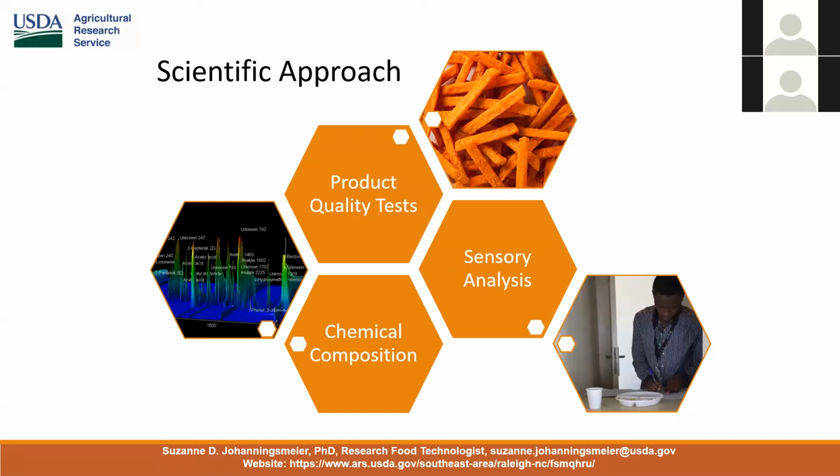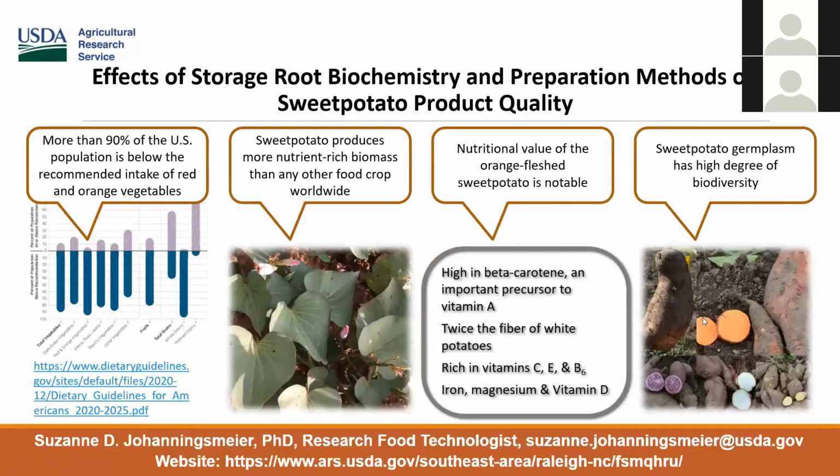Among the commodities that I've worked on, primarily pickled vegetables. More recently, I've worked on several projects related to sweet potato, and that's how I came to know this RTB Foods group. It's been a great interaction, and I'm happy to continue working together with this group. Of particular interest is the sweet potato among those commodities. And for us in the US, one of the reasons for this is that